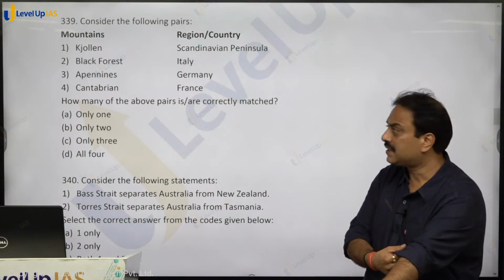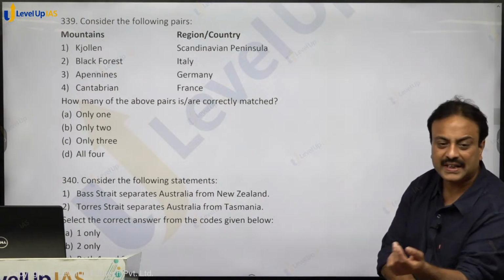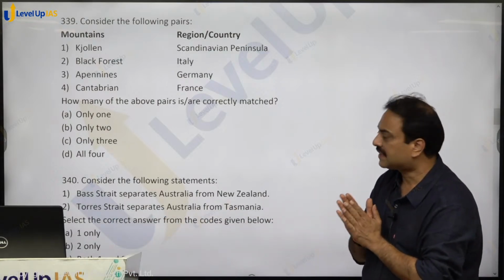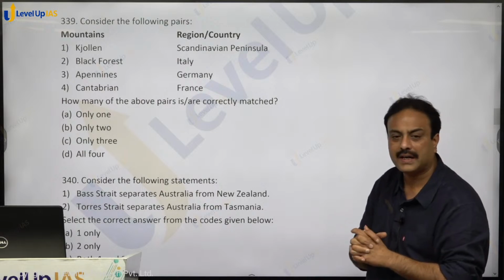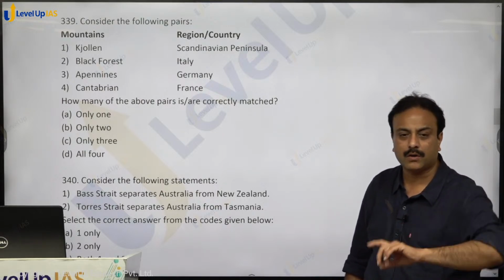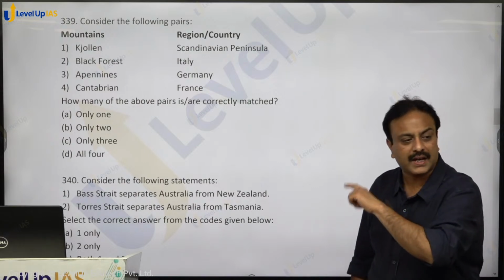Consider the following pairs: mountains and a region and a country. Jolin Mountain, Scandinavian Peninsula, correct or not? Yes, Scandinavia, Sweden and Norway. Julian Mountains are there, known for iron ore,